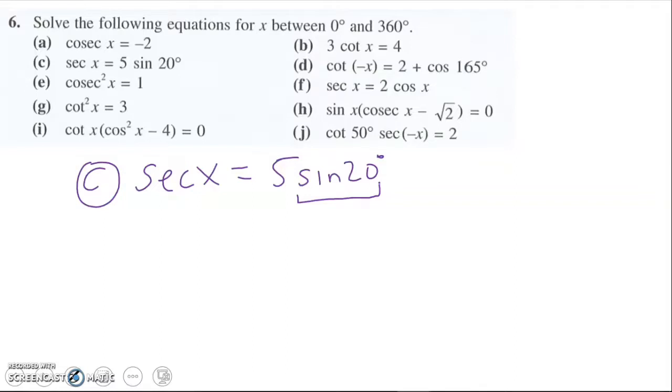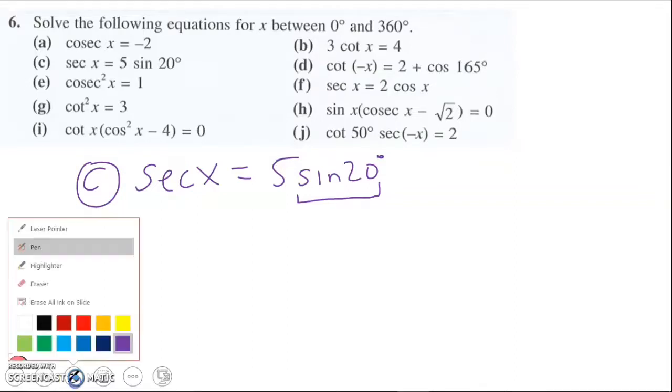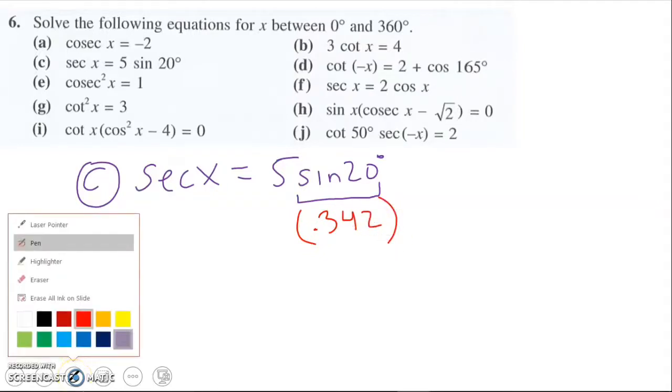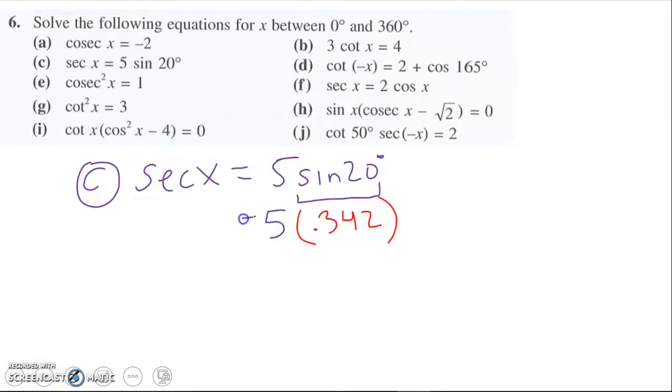So you can simply just put that in your calculator. Once you put that in your calculator, you end up getting a value for this of 0.342. Again, you have to use a calculator. There's no way to do it without a calculator. Times 5 is equal to secant x. 5 times 0.342 ends up being secant x is equal to